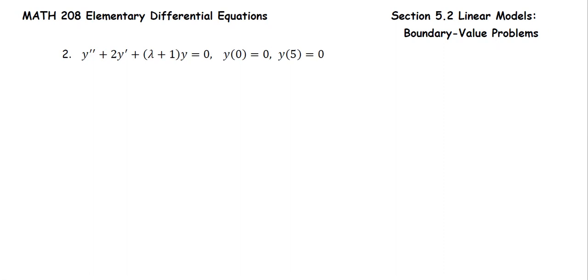For number 2 here, let's start with the auxiliary equation. That's the most important part of the problem. Okay, m squared plus 2m plus lambda plus 1 equals 0. To solve this quadratic equation, m equals negative b plus or minus square root, because we don't know what lambda